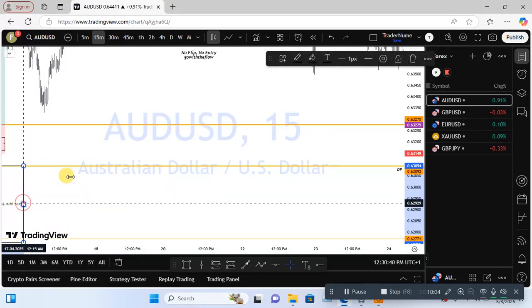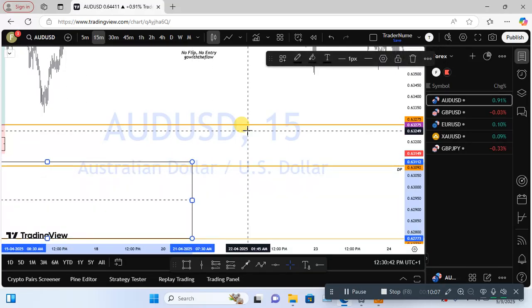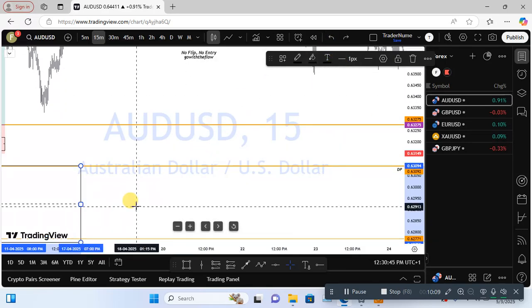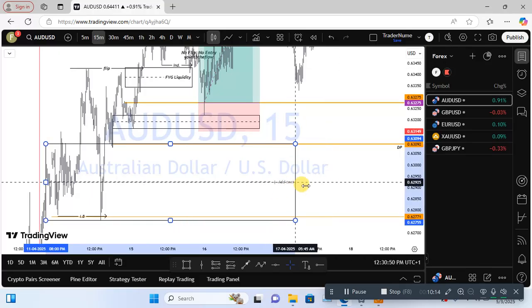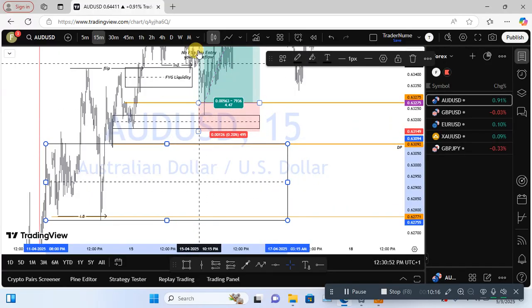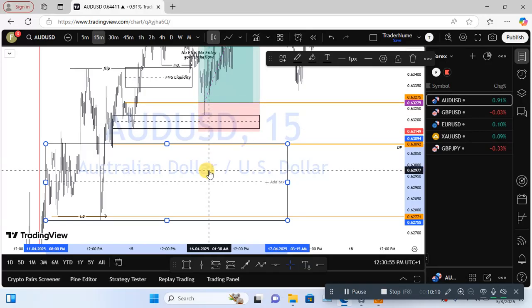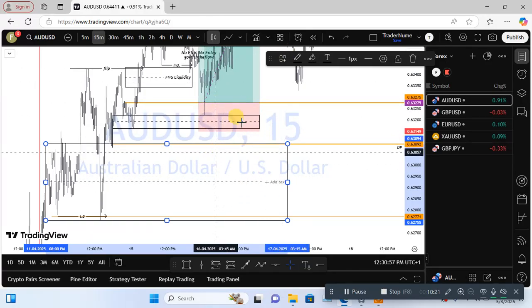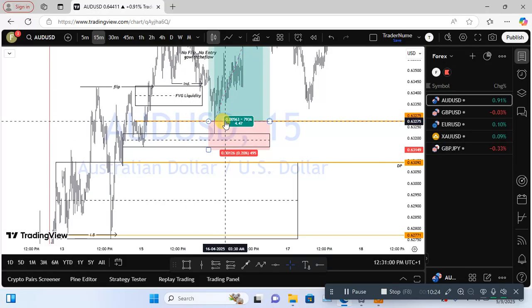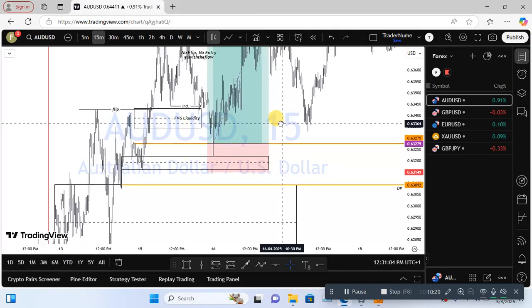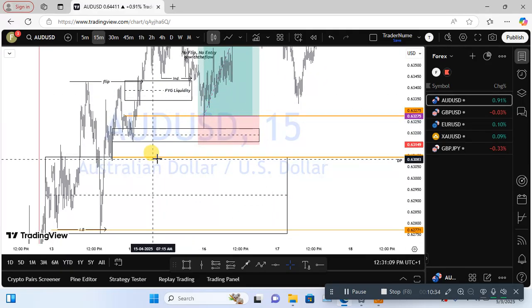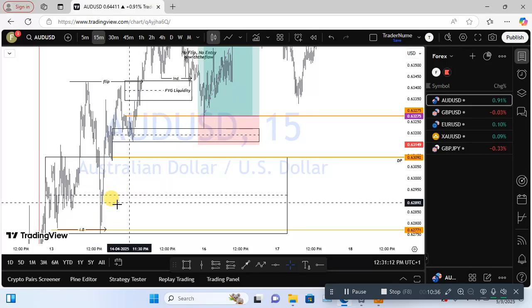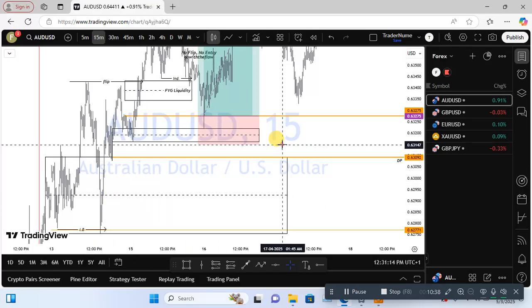this right here is our discount price. See this very line here. Sorry, let me go back. So this very box here is our discount box where we expect price to dip in, give that reaction before we buy. But we see that price did not come here, so that's why entering at this point is always a risky entry. If you're entering, just prepare that it might be a probability. So if you're setting your entry here, you can also come and look for maybe another block below here,